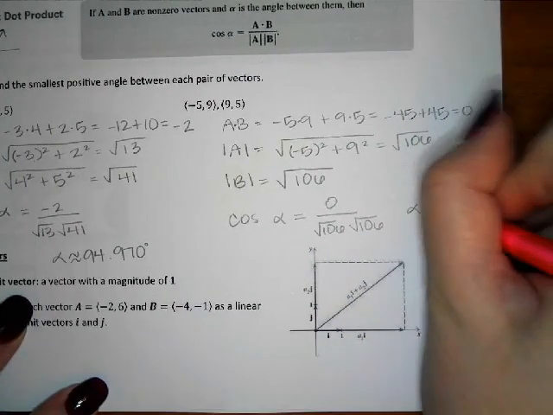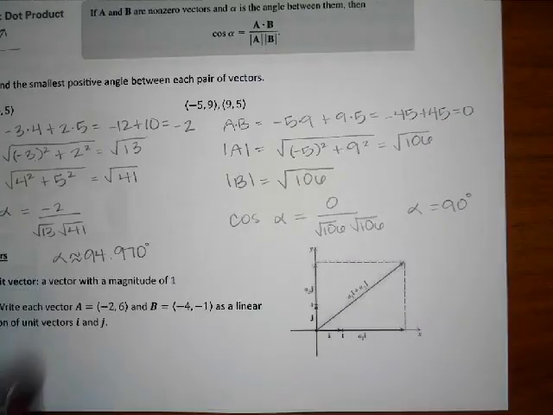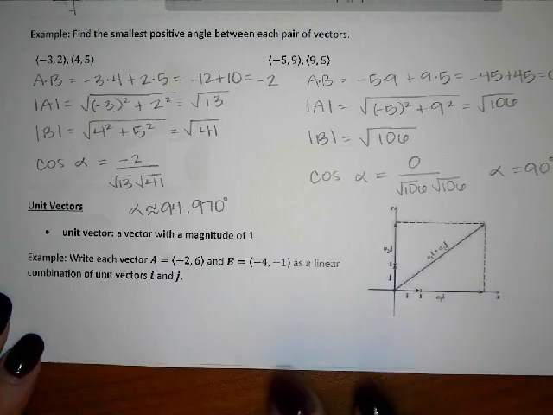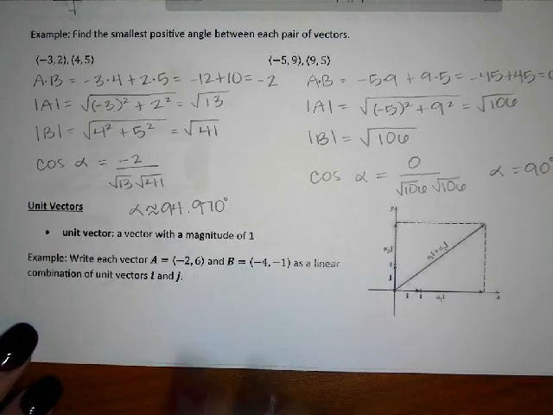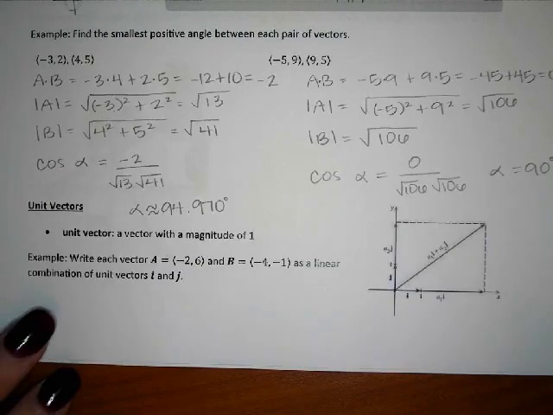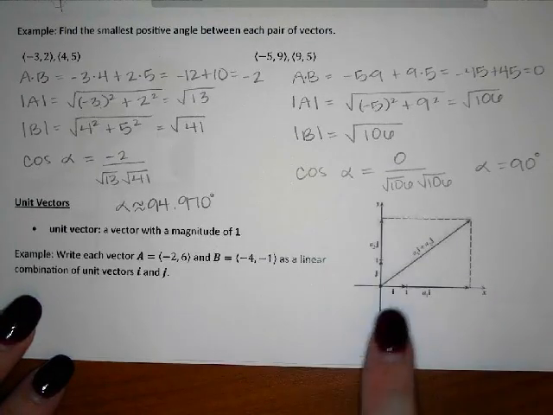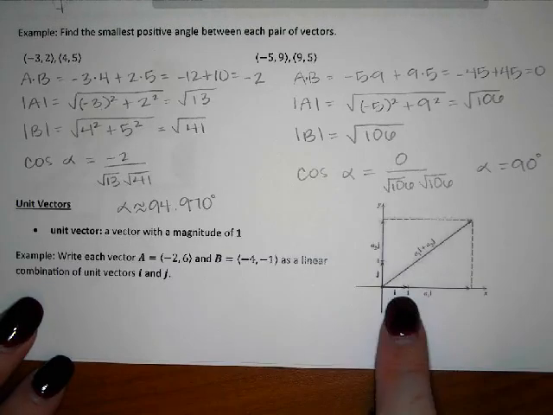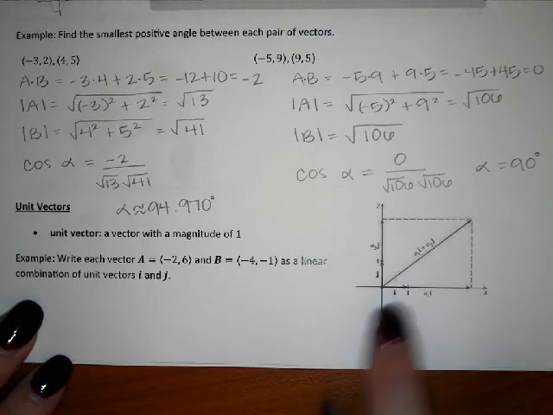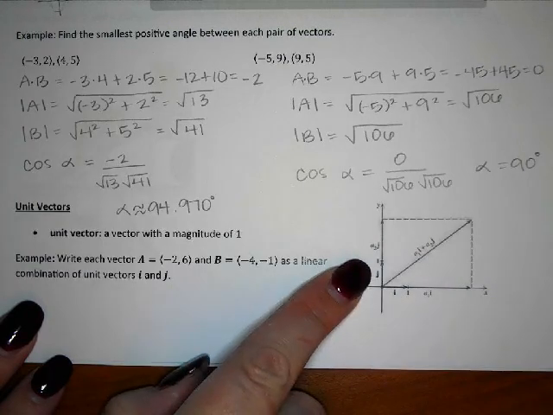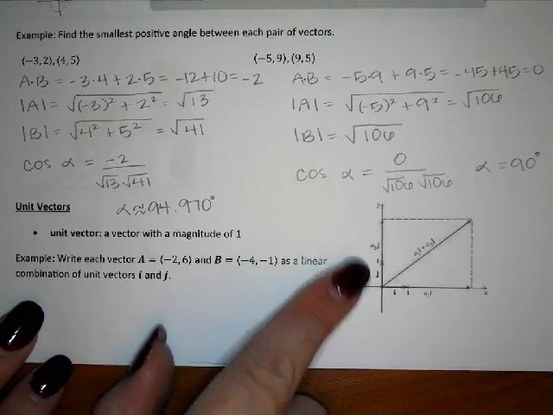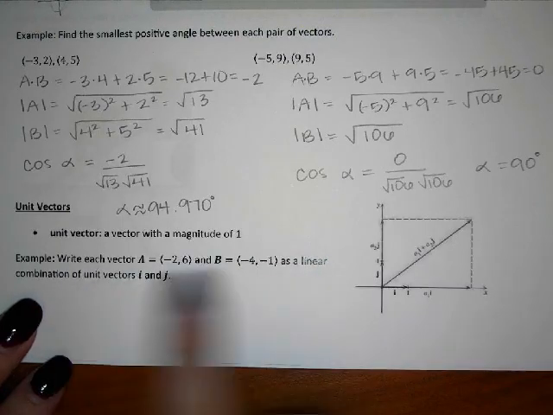All right, next we're going to talk about unit vectors. A unit vector is a vector with a magnitude of 1, or a vector with a length of 1. So here we have another way to write vectors using the letters I and J. I is used for the horizontal component, so you can see that 1i is a length of 1, so that's a unit vector. J is used for the vertical component, and 1j is a unit vector. And so here they're saying to write these vectors that are written in component form,